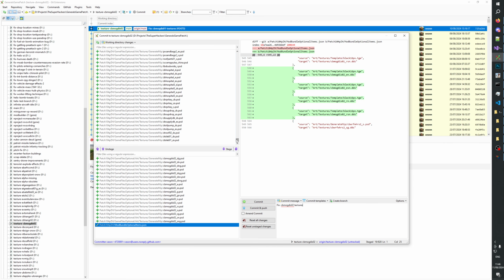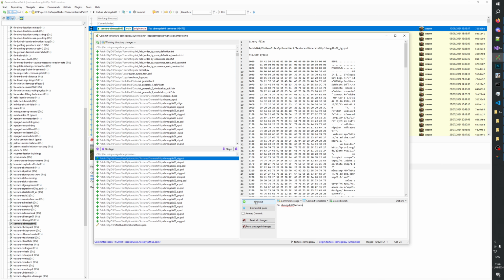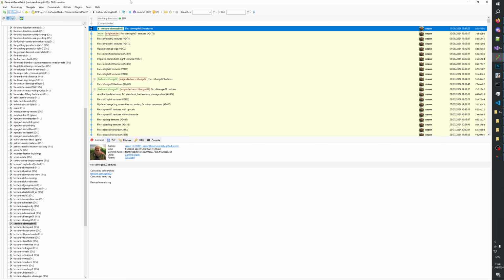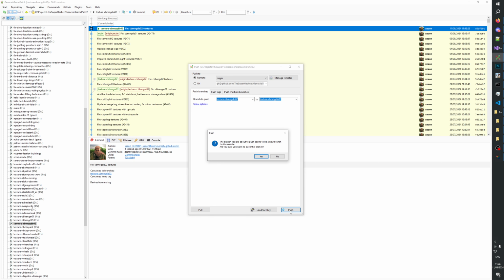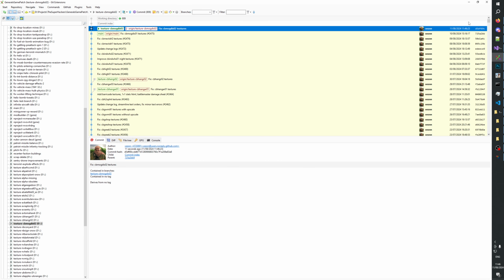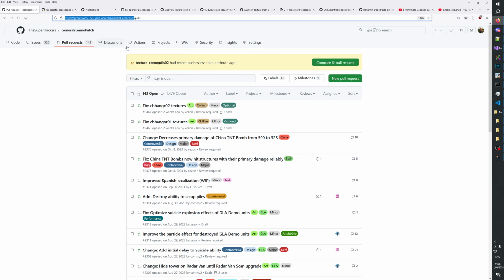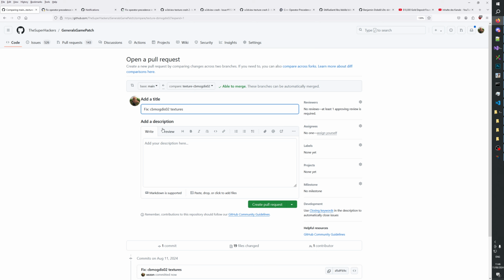Okay, let's open this tool again and update this one. Okay, fix cbmogdis02. Okay, push, push. Okay, so we got that, and now we should be able to compare and create pull requests. cbmogdis02 textures, and we call this